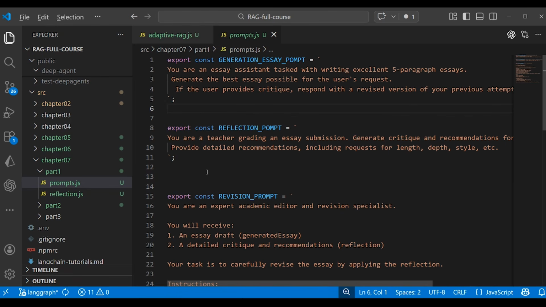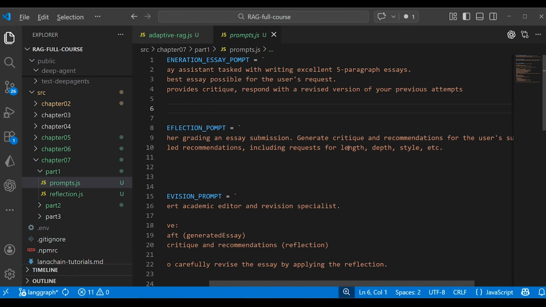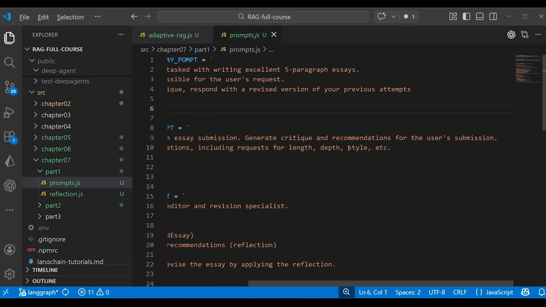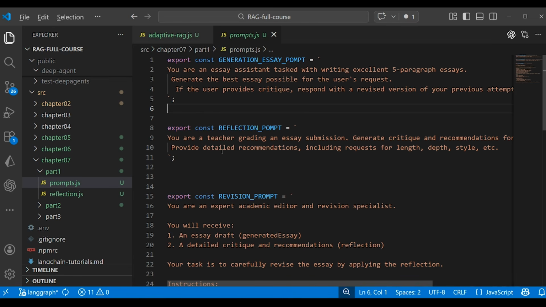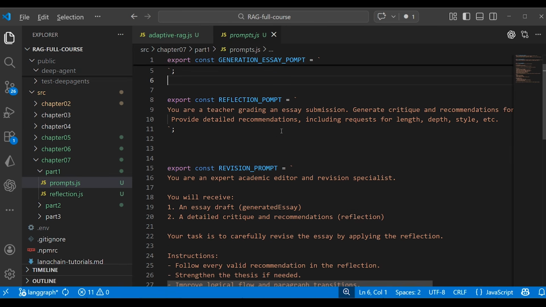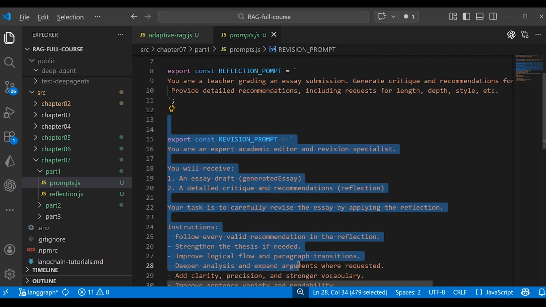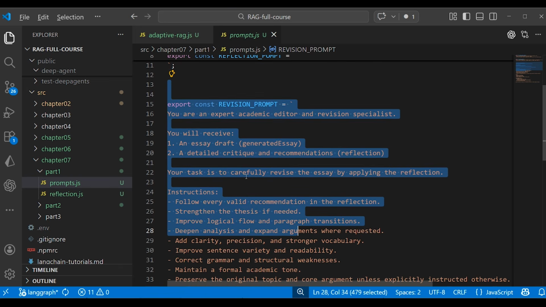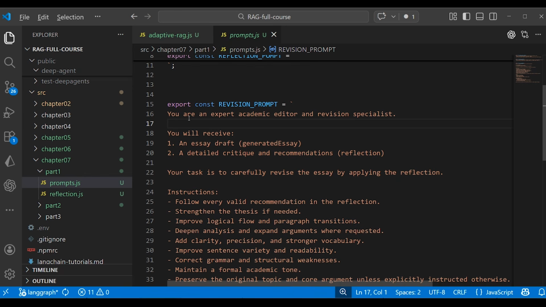We have here the reflection prompt. You are a teacher grading an essay submission. Generate critique and recommendations for the user's submission. Provide detailed recommendations including requests for the length, depth, and style. This is the prompt for the reflection. We have here now the revision prompt. We are going to use this prompt in order to check if the generated essay